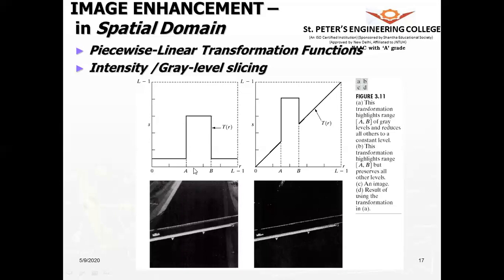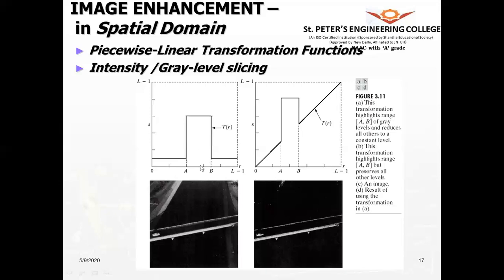So the inputs in this range are mapped to the output of this value here, and the inputs in the other range are mapped to the output corresponding to that value. So this is one way of transforming. Now, this is for a positive. If you want it for a negative, then you can put it down here, so you can have the darker value and the brighter value lower. So only one region of intensity is changed.